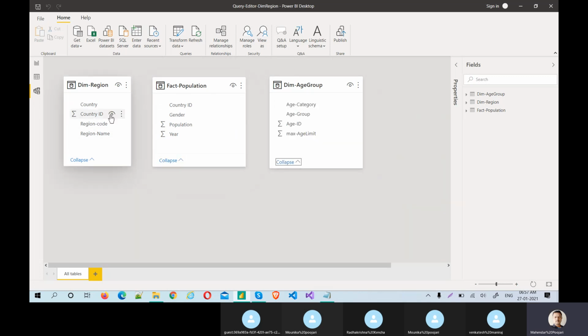See, we can make a relationship between these two, but again we cannot. Why? There is a problem. Country ID is a number here, but country ID is not a number here. Okay, let's go and fix this.